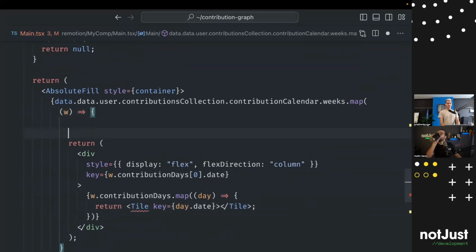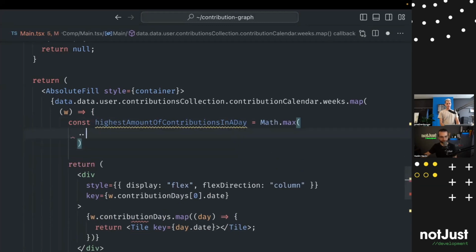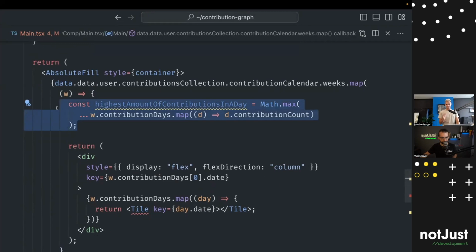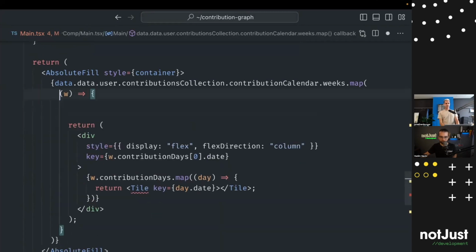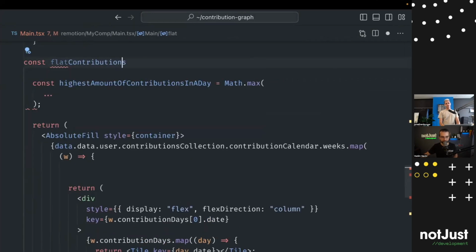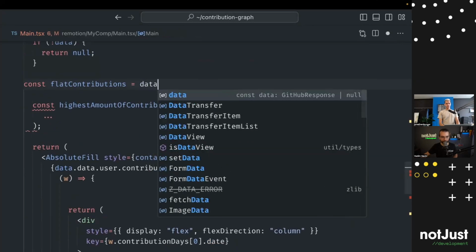First, I think we need to get the highest amount of contributions in a day. Const highest amount of contributions in a day equals Math.max. Okay, so actually a bit wrong. I've just calculated the highest amount of contributions in a week, but you need it for the whole year. Exactly. So for this, we need to flat the array. I'm really glad that we typed this now. Yeah. So we can do